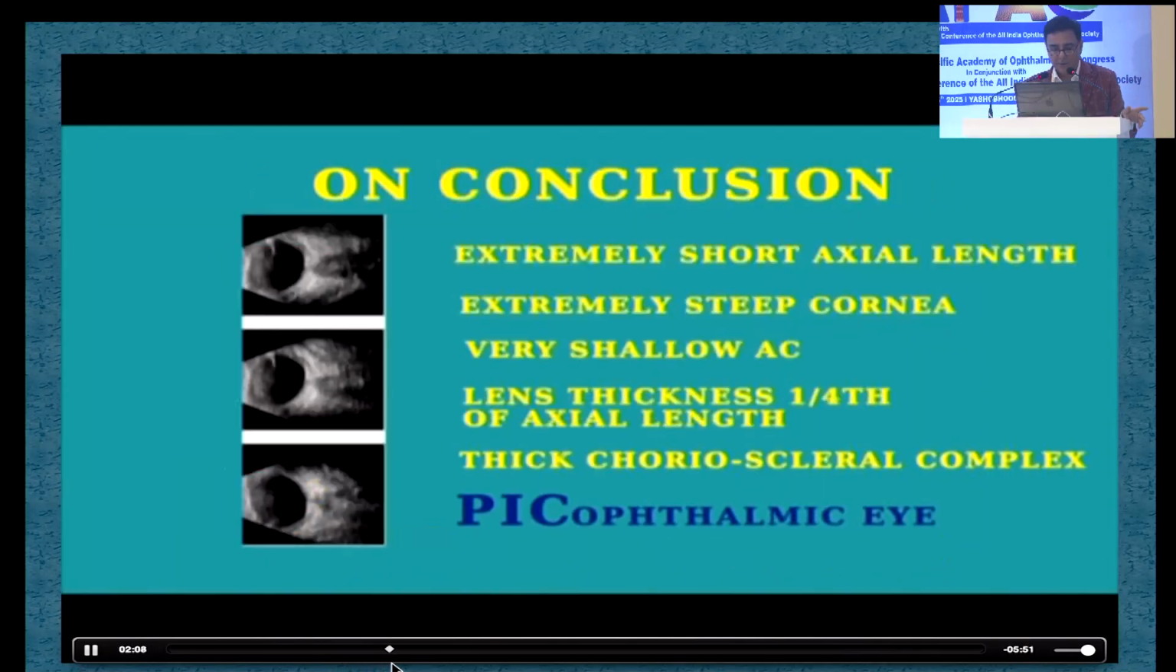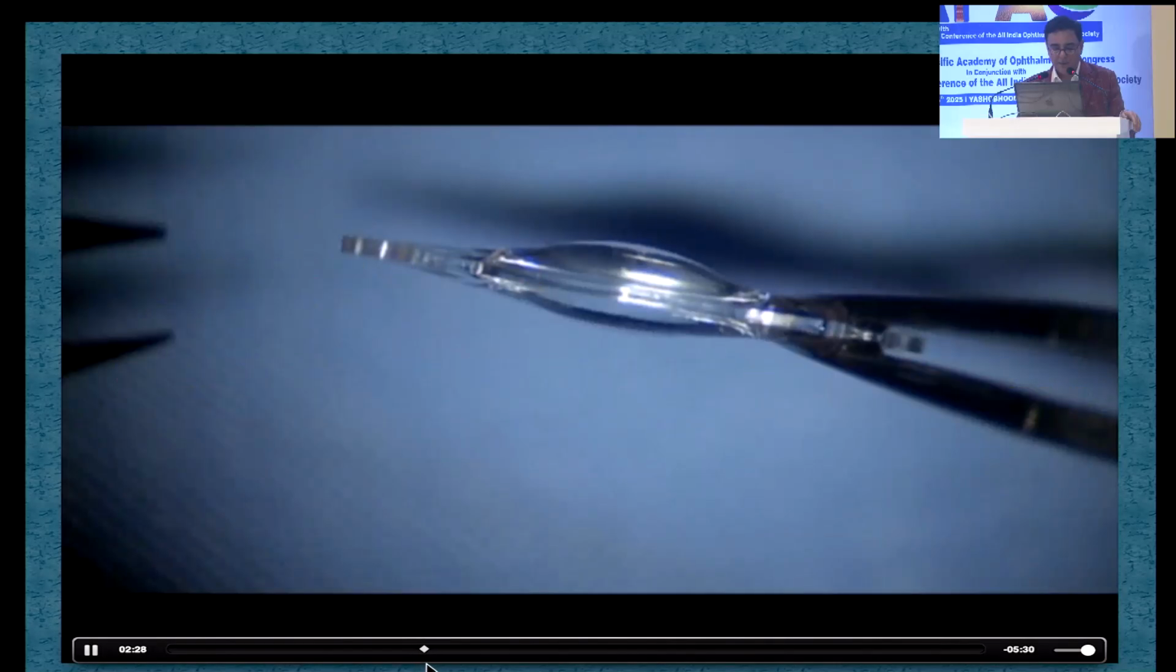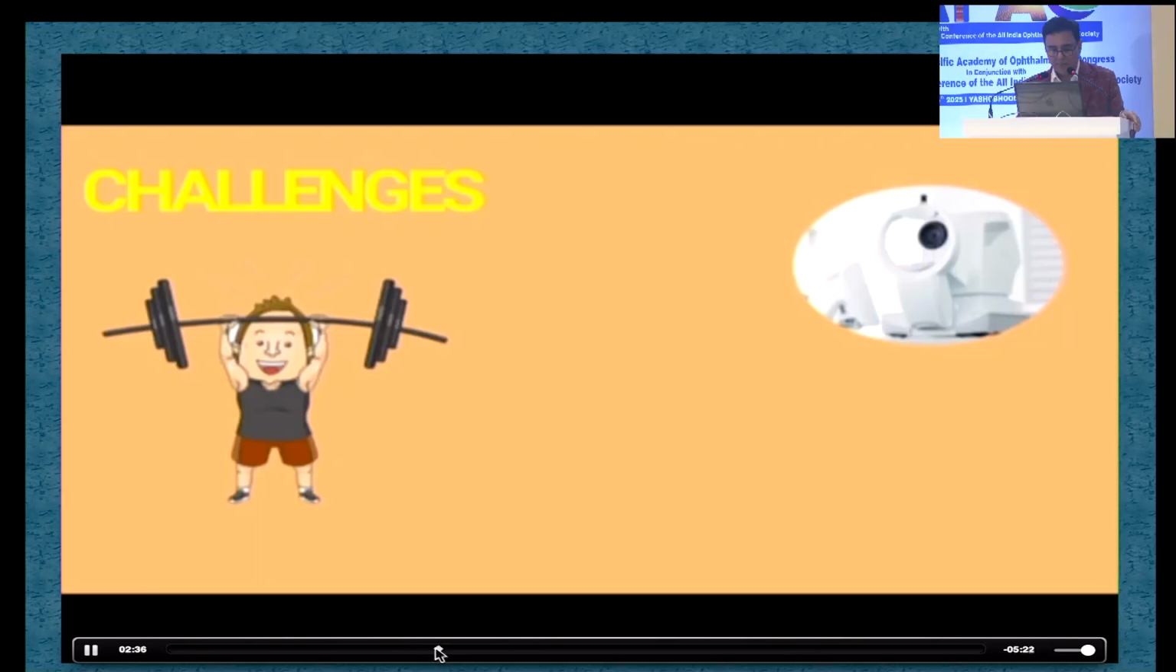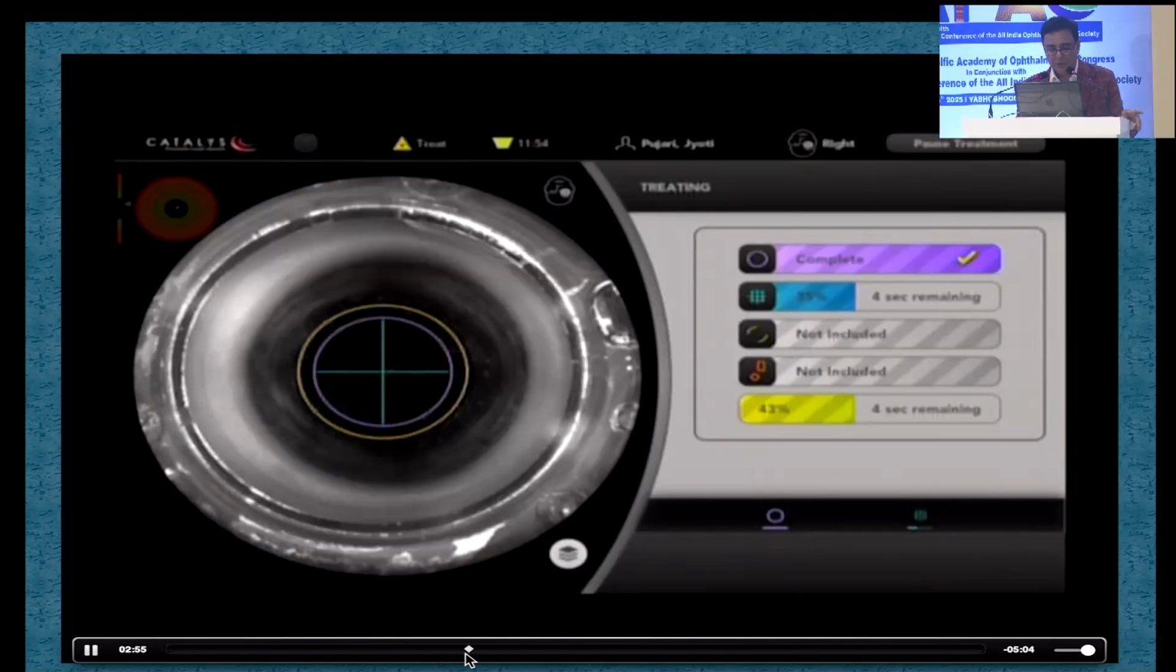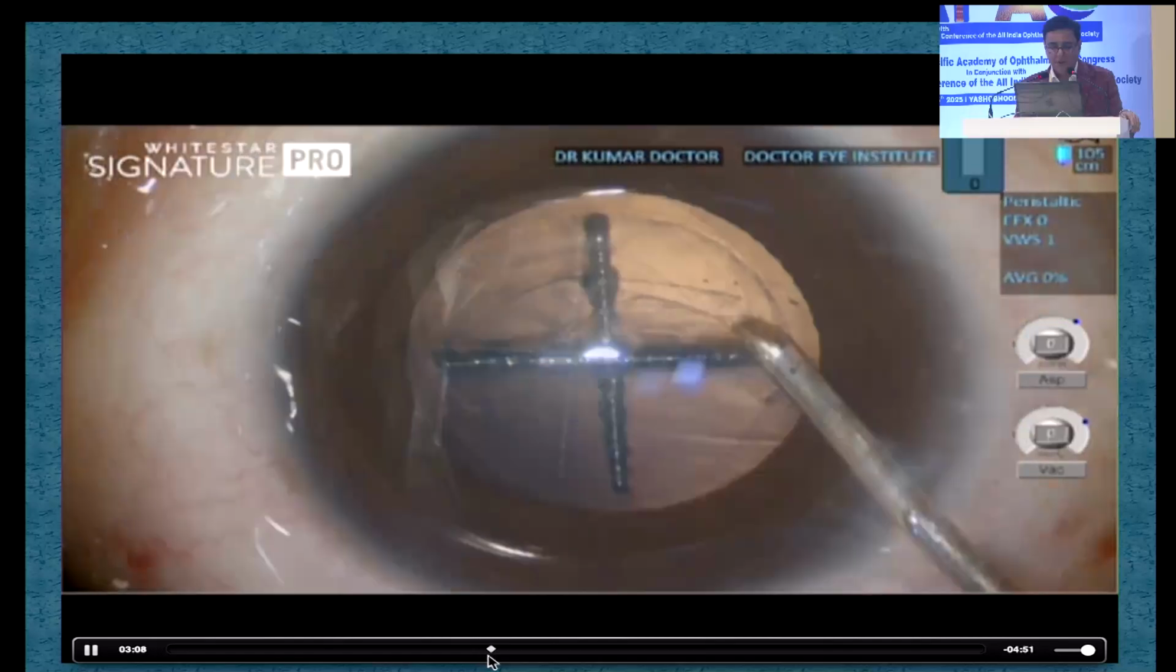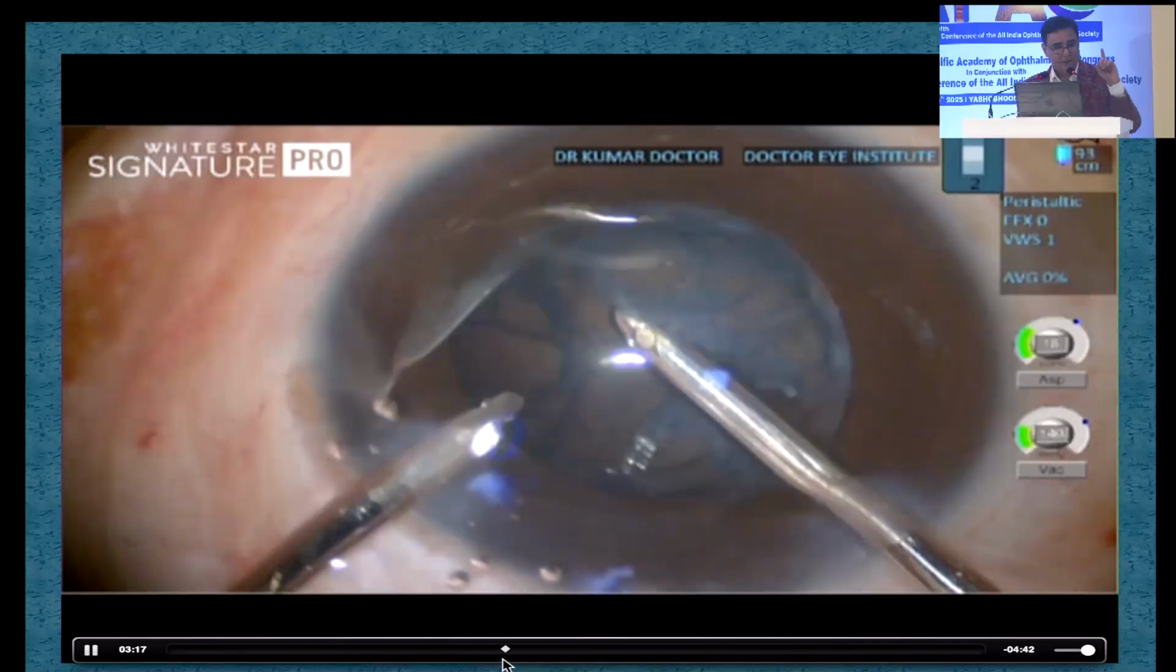I went ahead, of course, I've done all the research, and I'll show just one video of a 65 diopter IOL that I put inside. So this is a 65 diopter IOL made. Challenges you all know, we took all the precautions. I did a femto, and you can see that I went ahead, removed the CCC, never allowed the chamber to